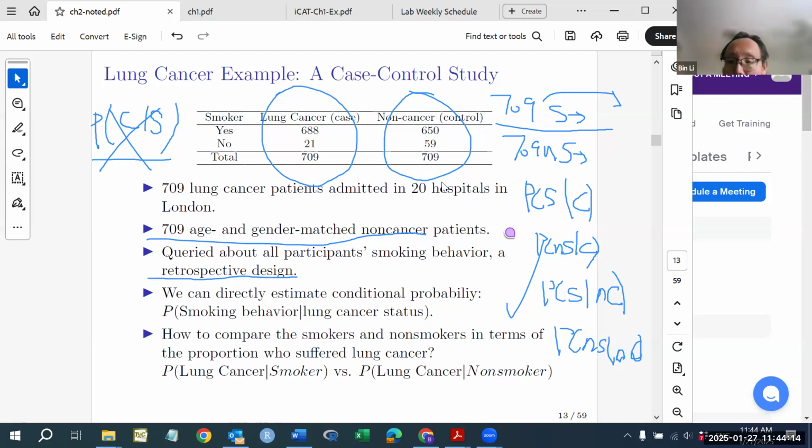Okay, so the next question is, are we really interested in this in practice? So in practice, if we want to see the smoking effect on lung cancer, which is a more useful estimate? The probability of being a smoker given lung cancer, or the probability of getting lung cancer among